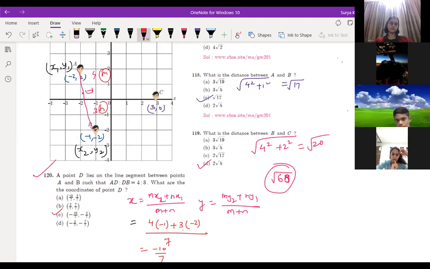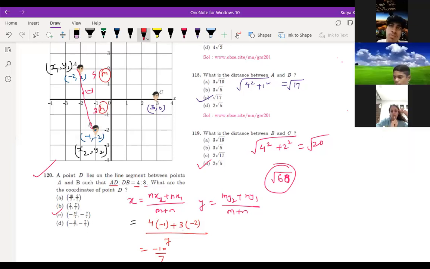Okay, sir. So here see ratio, here you see AD is 4. So M is 4 over here, and this is N. So don't miss out this part. Where AD is there means there is M, and here N will come. Chanchal, you understood what we have done here? How we are getting minus 10 by 7? Yes, sir. Okay, then we are moving to the next question now.